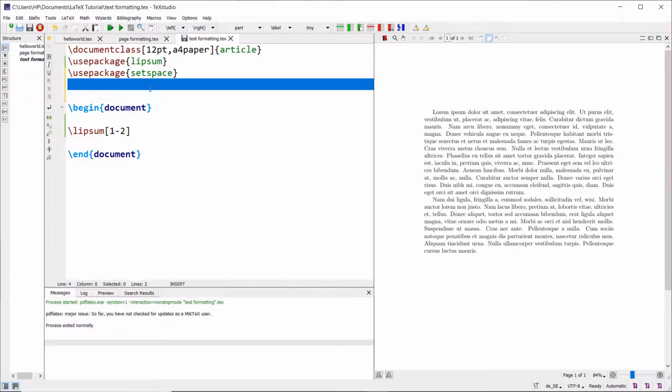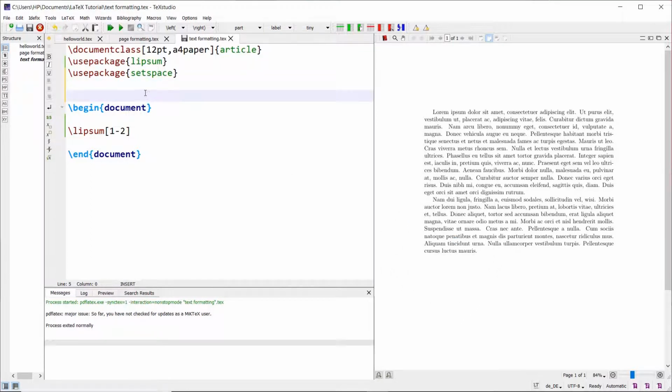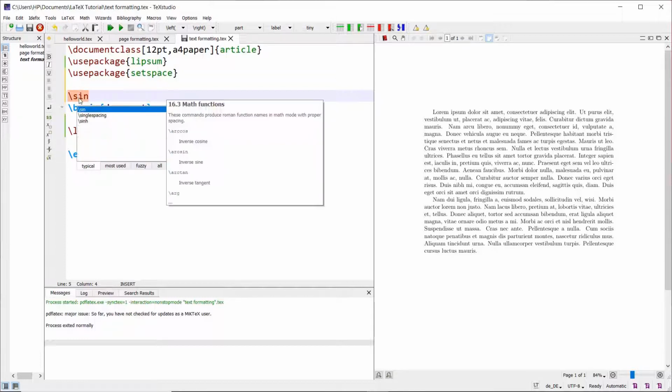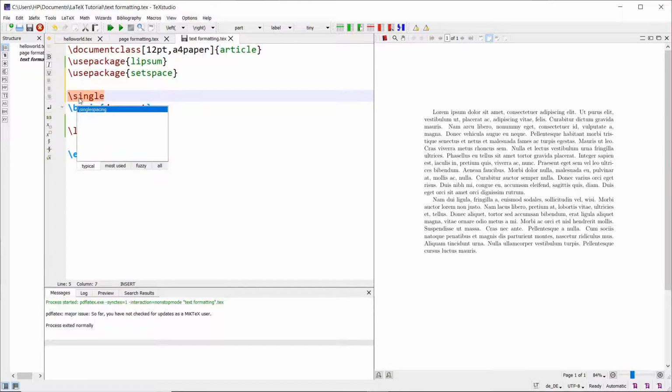To be able to do this, you need to remember some commands and we have to use those commands in the preamble. Recollect, preamble refers to the area between documentclass and begin document. So to specify a line spacing of 1 point, we need to use one command called singlespacing.